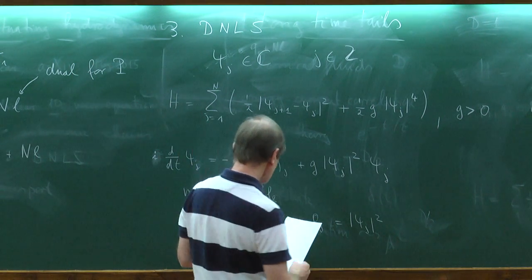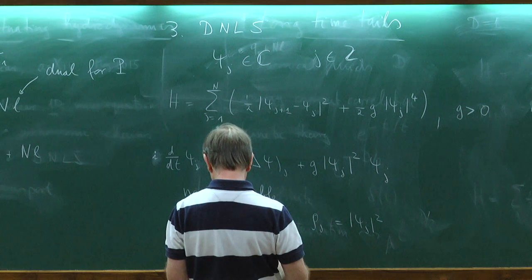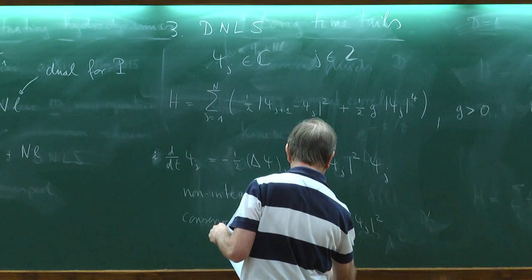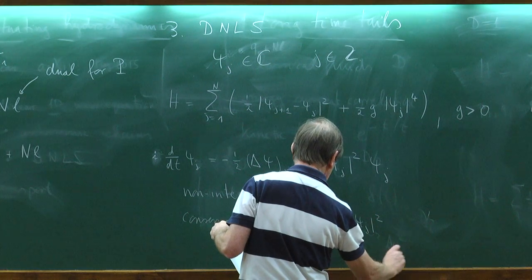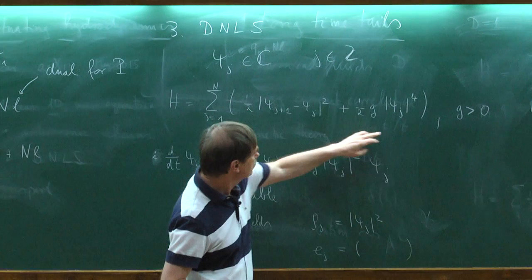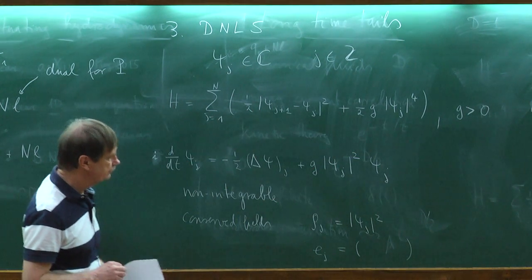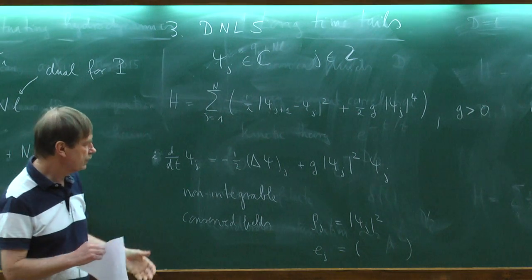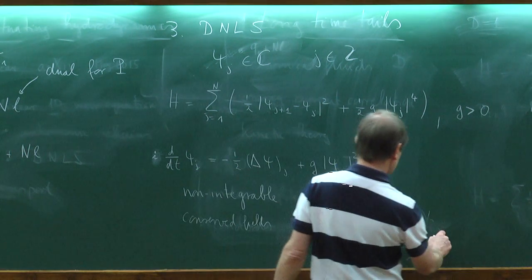Just take this as a definition. And then of course there is the energy, which I don't have to write down, because the local energy is exactly what you see under this bracket. So in this case we have two conserved fields, and of course the equilibrium measures are